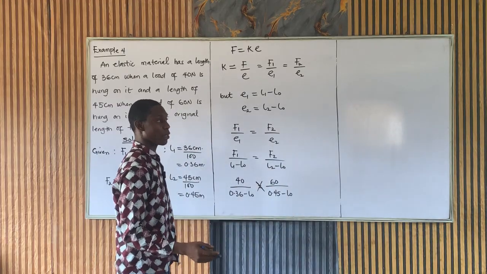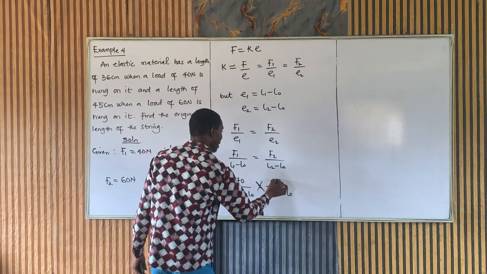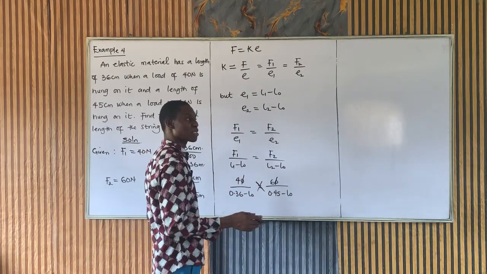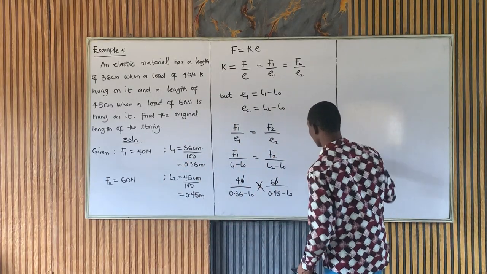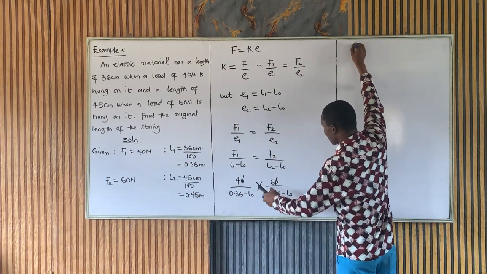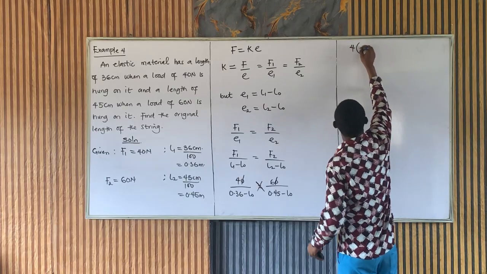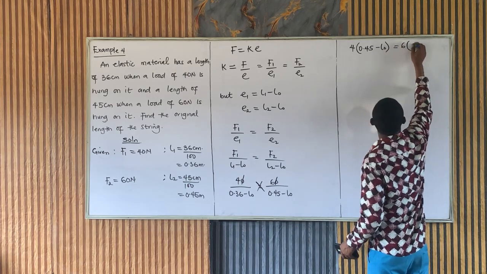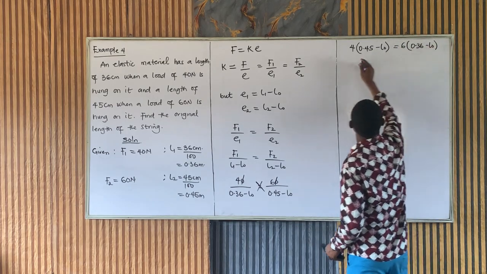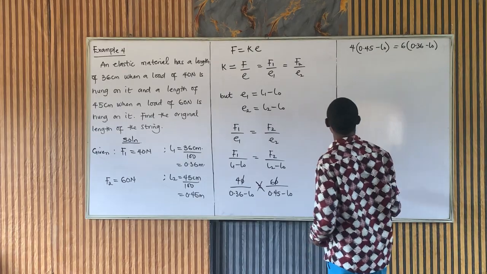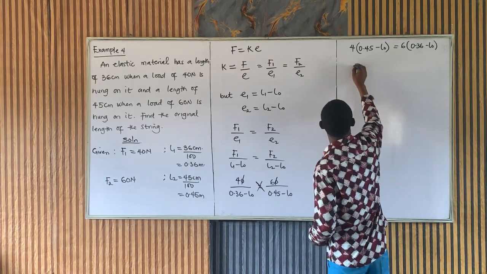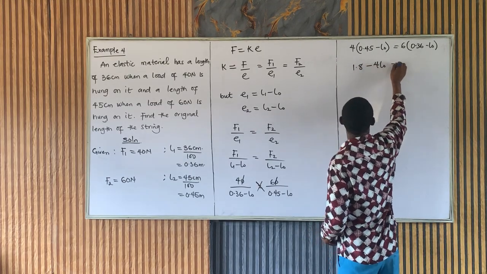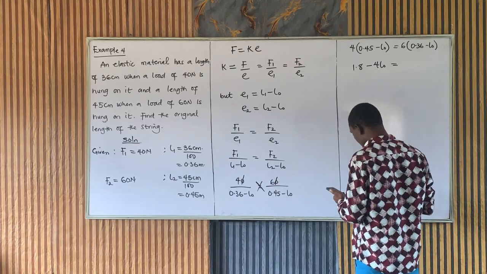To make the solving easy, before cross multiplying I can cancel out zeros from here. I will now have 4 over this and 6 over this. Or without cancelling, you can cross multiply and still get the same answer. So cross multiplying, this will be 4 times 0.45 minus L0 is equal to 6 times 0.36 minus L0. Now if we multiply this, 0.45 times 4 will give us 1.8 minus 4L0 is equal to